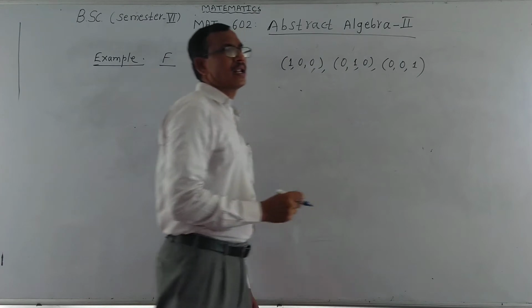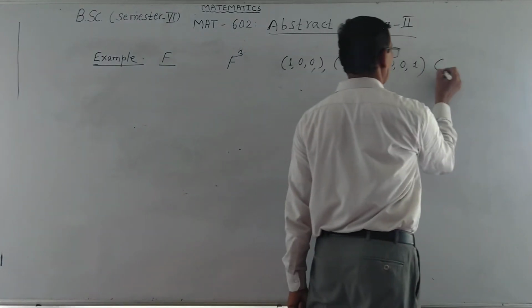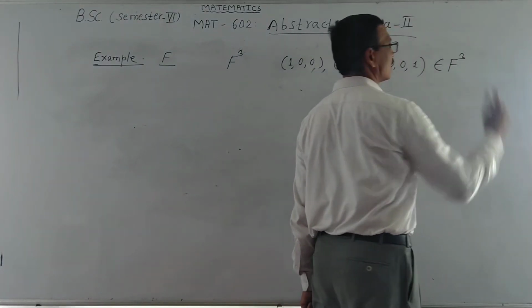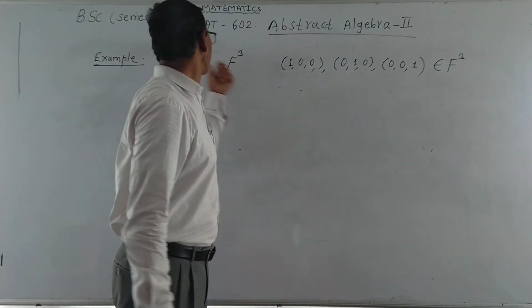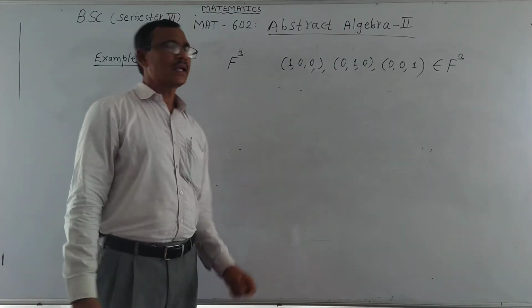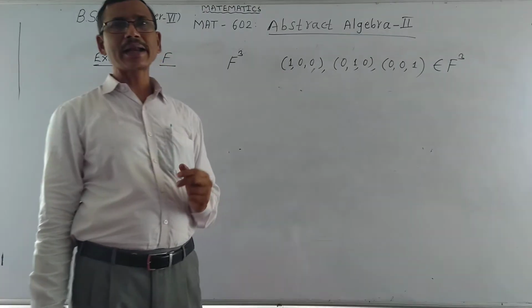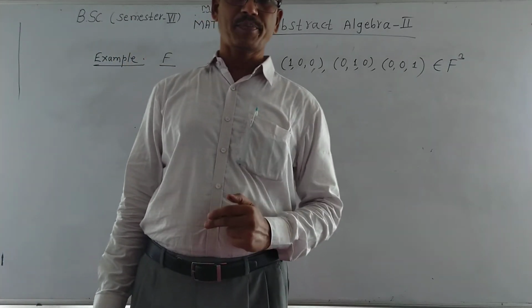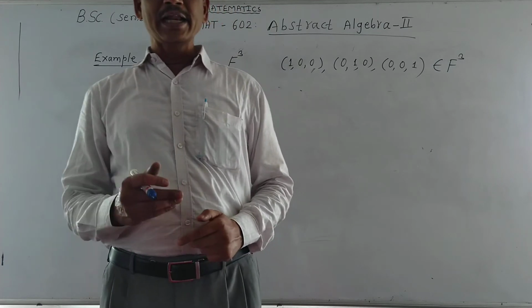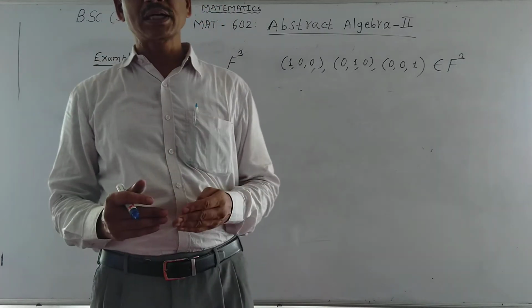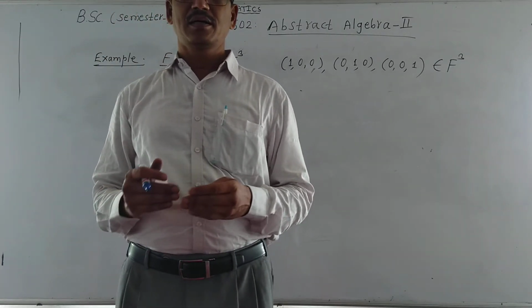These are elements of the vector space F3 over the field F of real numbers. Then we shall prove that these vectors are linearly independent. These are linearly independent means scalar coefficients must be